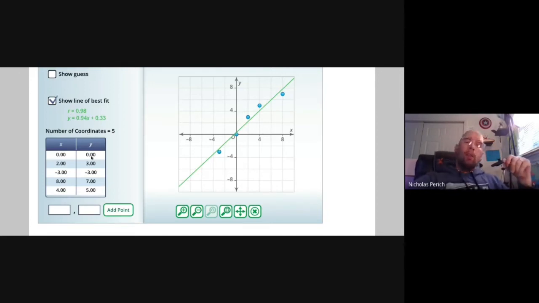If I were to throw another number in here and really screw things up, like -80, now that really screws things up. That's an outlier. So my line of best fit changed and my correlation coefficient got smaller. If I got rid of that number, everything goes back to normal. All right, so